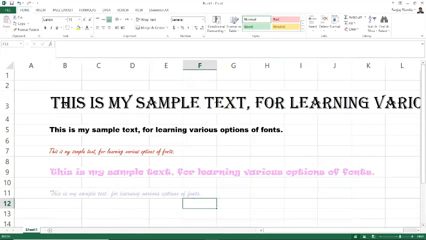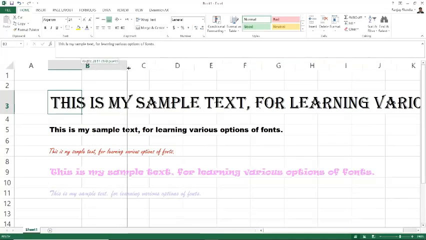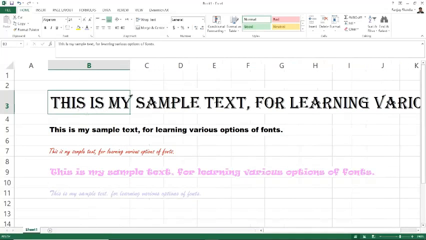The other option that we are going to talk about is if you want to put a color in the background. That means this cell is right now white, and on a white background, we have written the text in black color. But if you want to change the background of the text, what you can do is go to the fill color option.